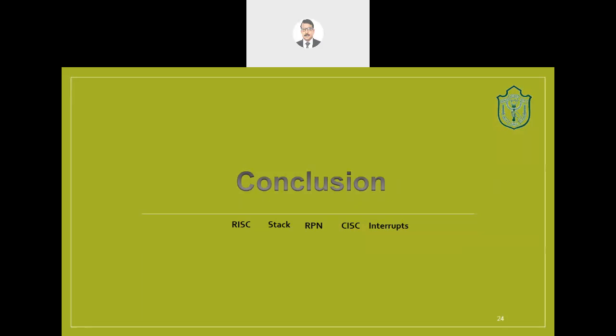In primary memory we have learned about RAM and ROM, and in secondary memory we have learned about the various storage systems of a computer. Now before I conclude, let me ask you to note down these terminologies: RISC, stack, RPN,